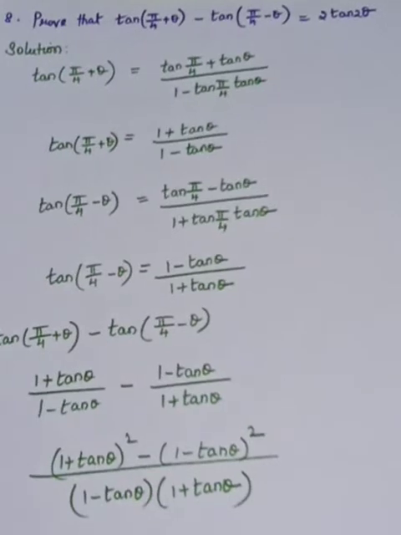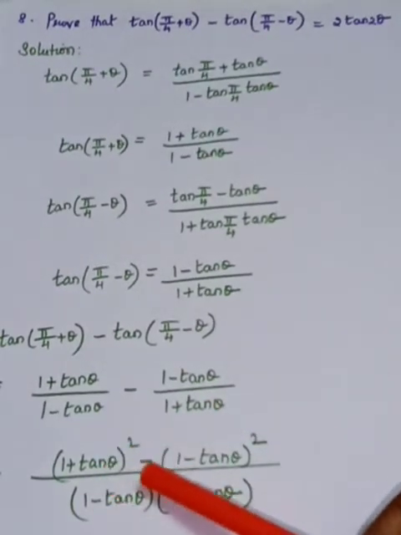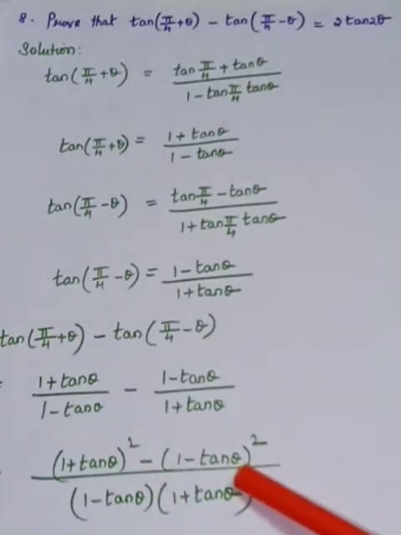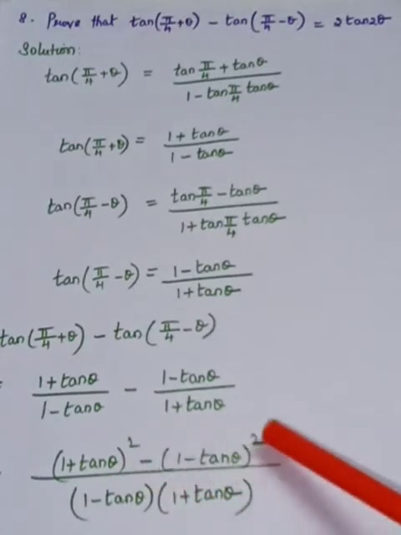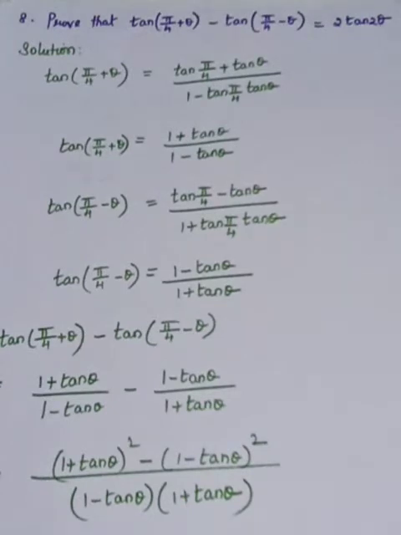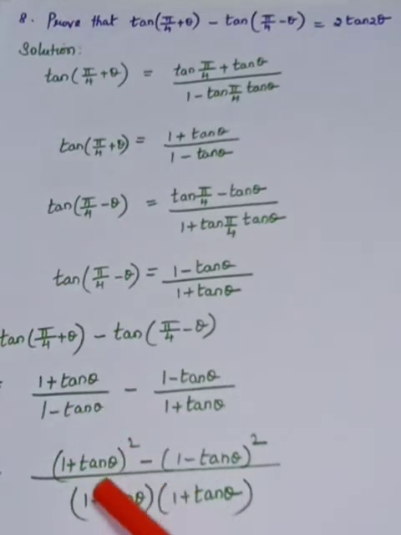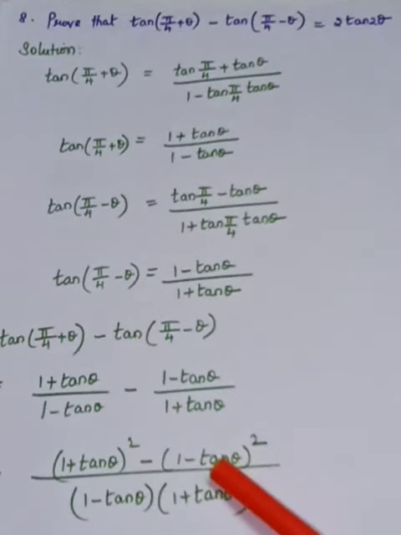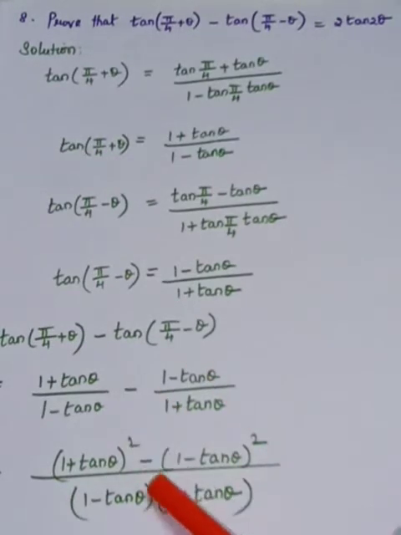Okay. See now, see how it is in the numerator. It is in the form of a squared minus b squared. So I have expanded the algebraic identity: a squared minus b squared is equal to a plus b into a minus b. That identity you can use. Otherwise, it is in the form of a plus b the whole square, so you have to use that expansion. It is in the form of a minus b the whole square. So you can expand this using the a minus b the whole squared formula and you can subtract.